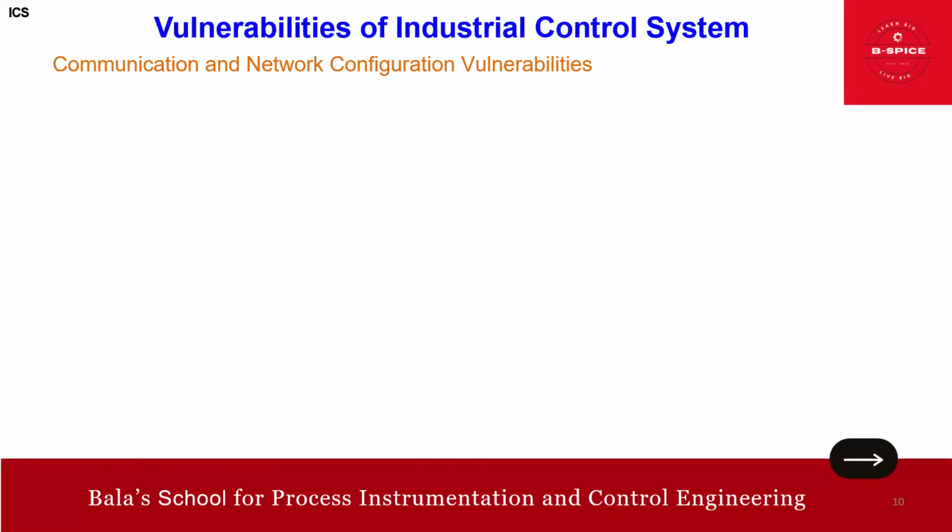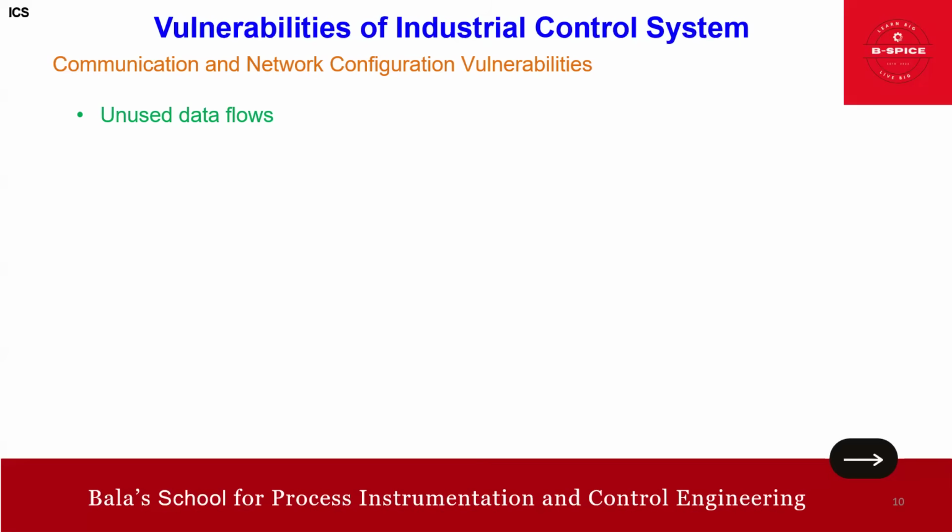Then finally, the communication and network vulnerability. Under this communication network vulnerability, we'll talk about unused data flow. The data flow controls are essential based on the attributes of the data because they help to regulate the transfer of information between systems, right? So this plays a crucial role in preventing data exfiltration and unauthorized operation. So the point what I'm saying is unused data flow. So we need to have data flow controls, right?